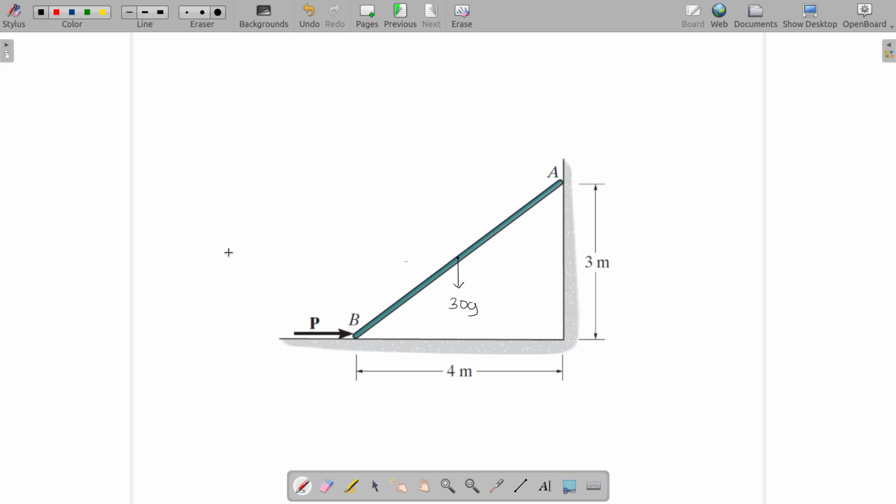Now let's plot the free body diagram of the bar AB. What are different external forces? You have external force P acting towards right here, and you have weight 30 g which is acting downwards at the middle,